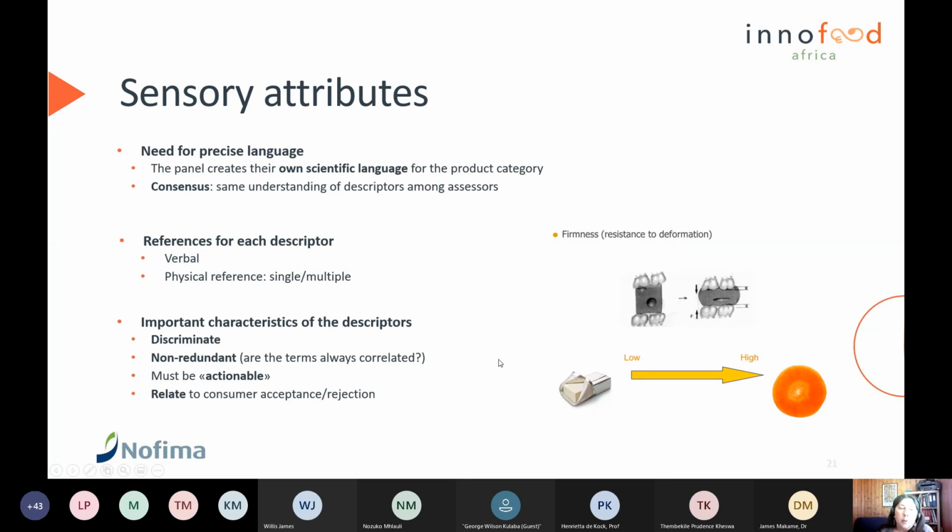So this could be a verbal description, but it could also be a physical reference of similar products or other products. But an important characteristic of the descriptors or attributes is that they should discriminate among the samples, as in the example I just gave of the red yogurt. They should be non-redundant, so we shouldn't assess many attributes that mean the same for the sample, because that could be tiring for the panelists. Ideally, they should be actionable,